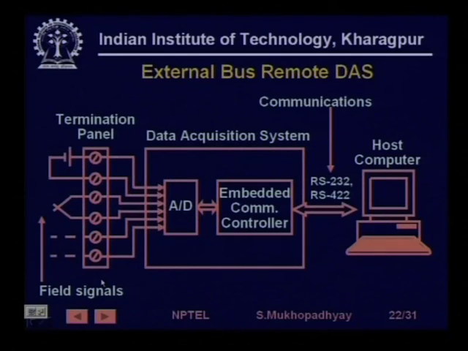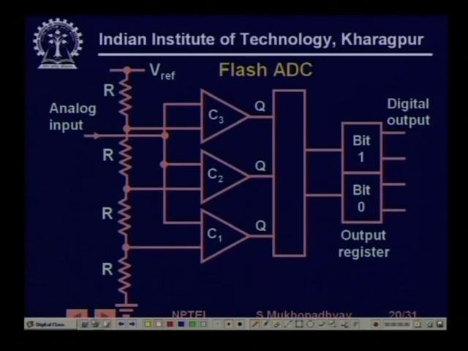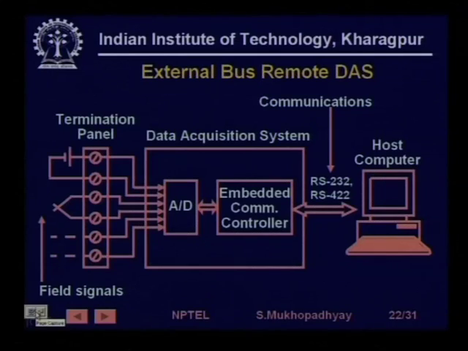Having seen that, now we have seen ADC conversion. Now we come to the system level discussion, that typically there are two kinds of data acquisition systems that you find. One is called external bus or remote. There, what happens is that the computer is in a separate place generally, and